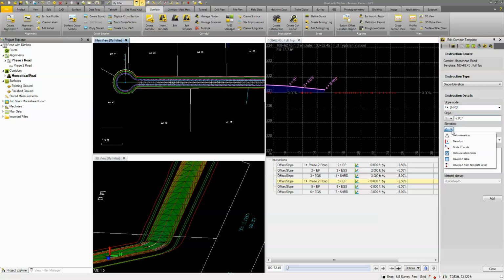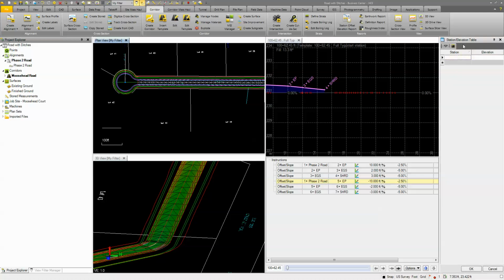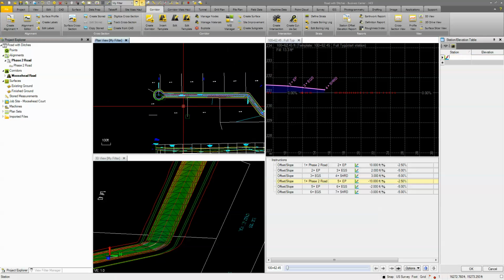And my elevation is going to come from a table. So I'm going to go elevation table, and I'm going to click on the ellipse button here. You see this table allows me to plug in a station and elevation. So I'm going to go back over to my